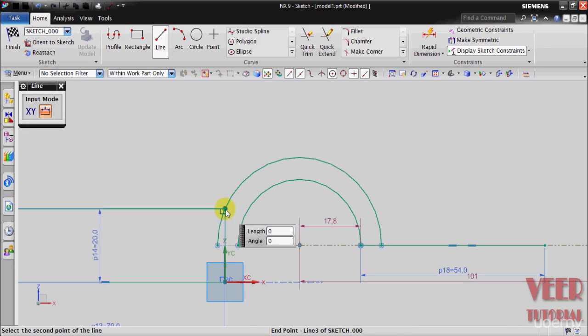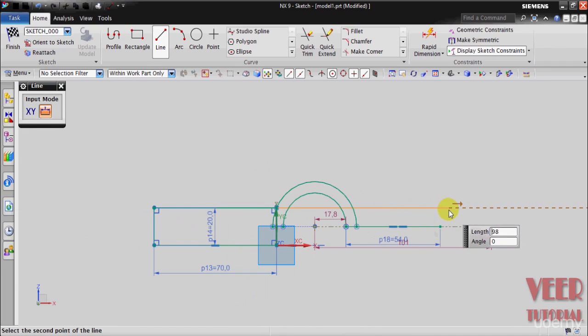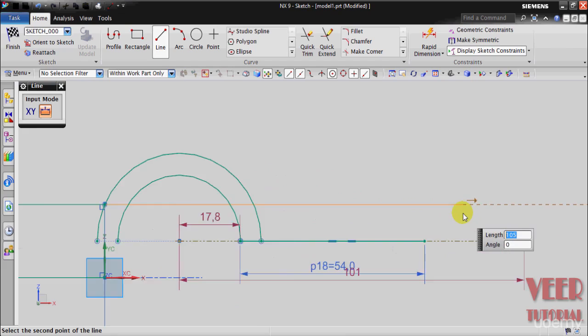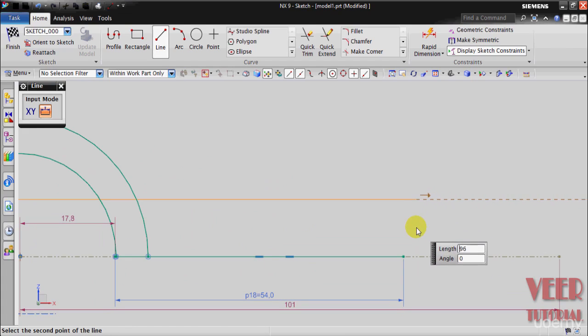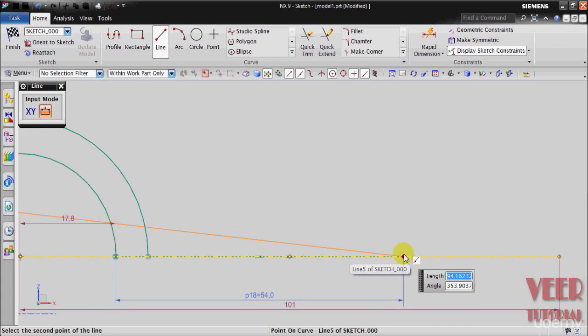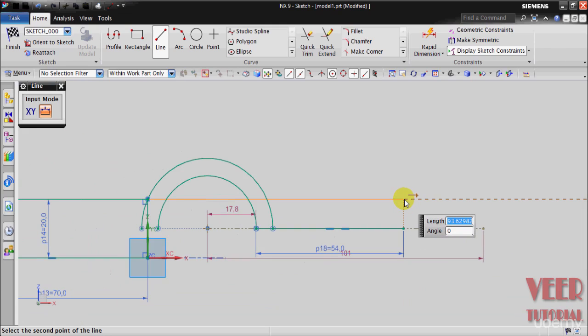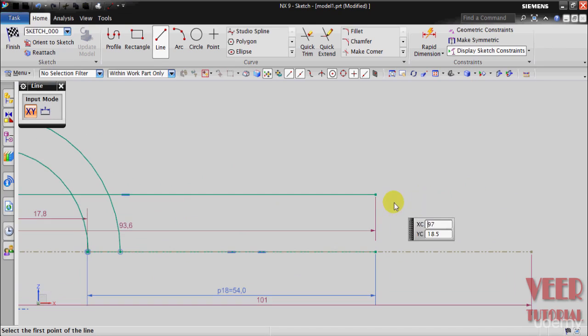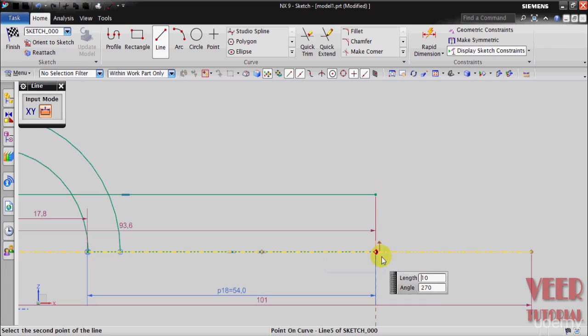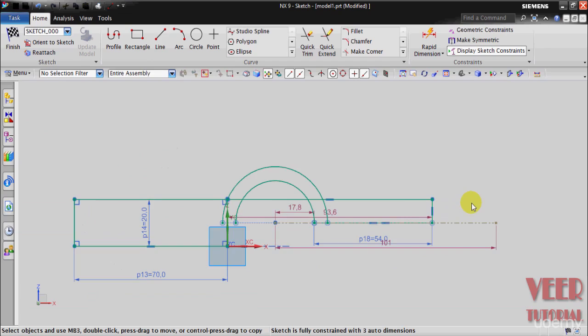I select this end point of this line, then go on the right side. So we have to make it to this end point. So we can trace it. I take my cursor on this point and then take on the upward. So we can see the dot dot sign. It is now tracing. When it will be complete horizontal, then click here. So from this point, draw a vertical line to this second point here. This way our sketch is completed,